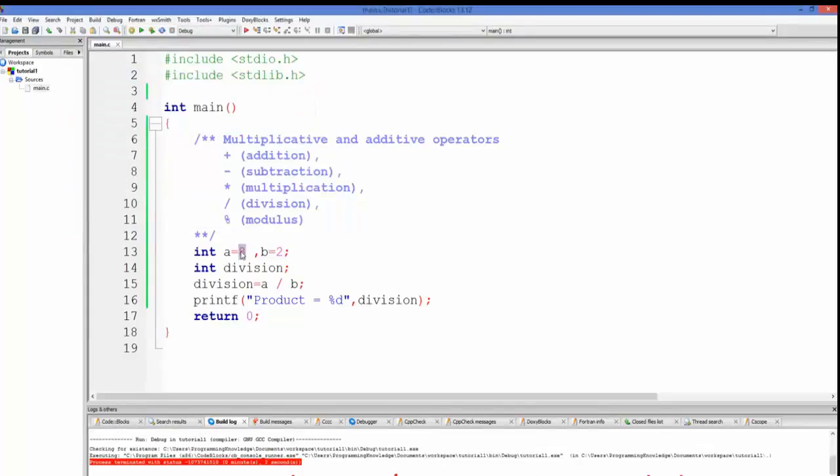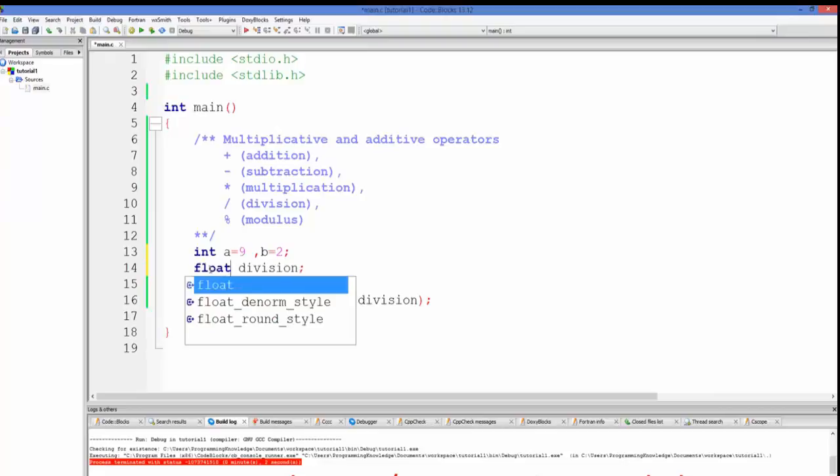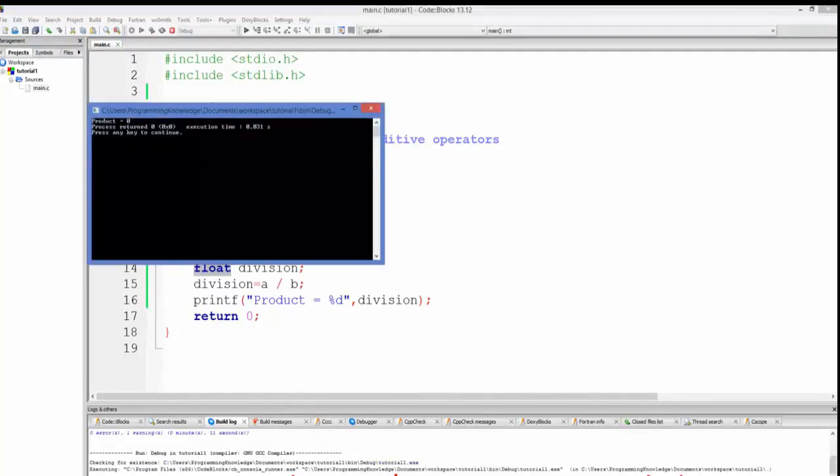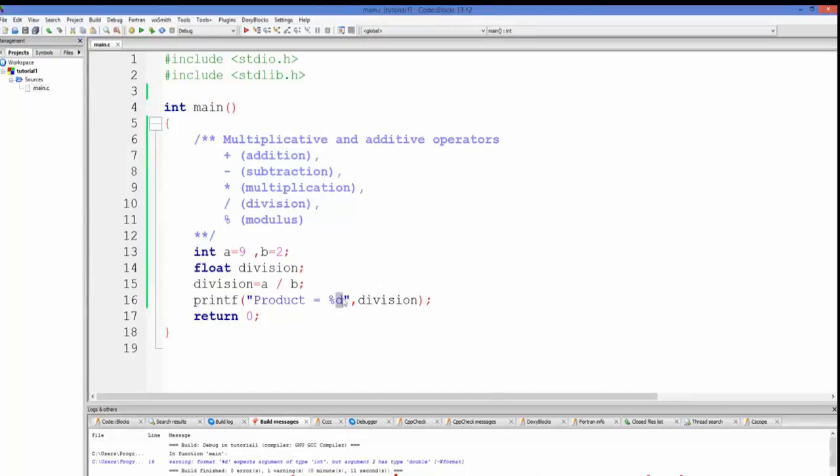But whenever, for example, I have 9 and I want to divide it by 2, and by the way, these are integer values, so let's change it to float, because 9 divided by 2 is 4.5, so we will save it in a float variable. Compile and run the program, and let's see what value it gives us first of all. It gives us 0 because we haven't changed this thing,